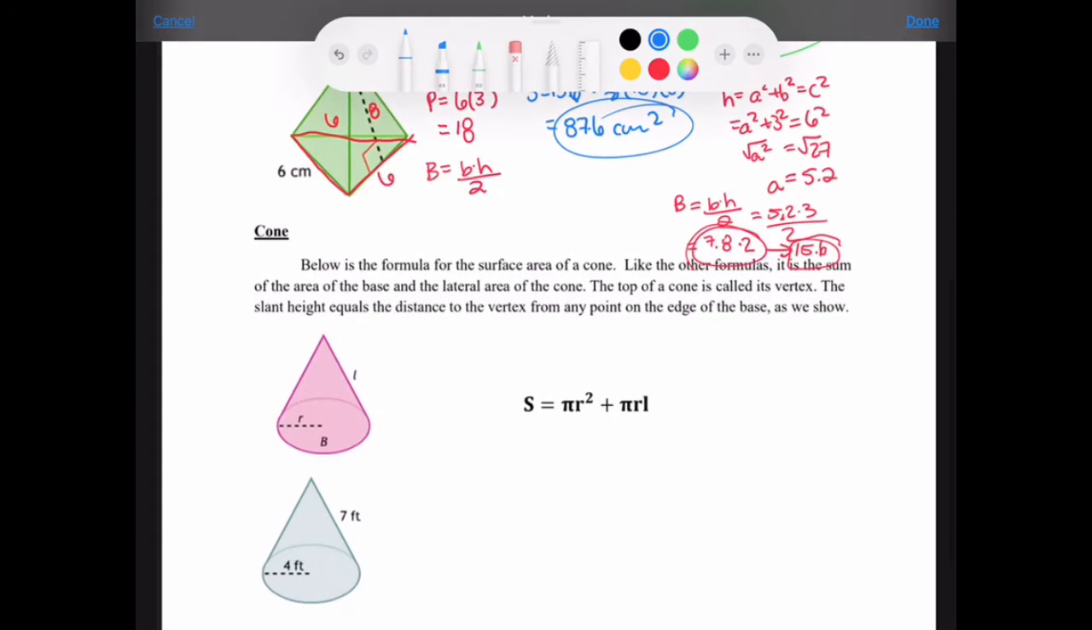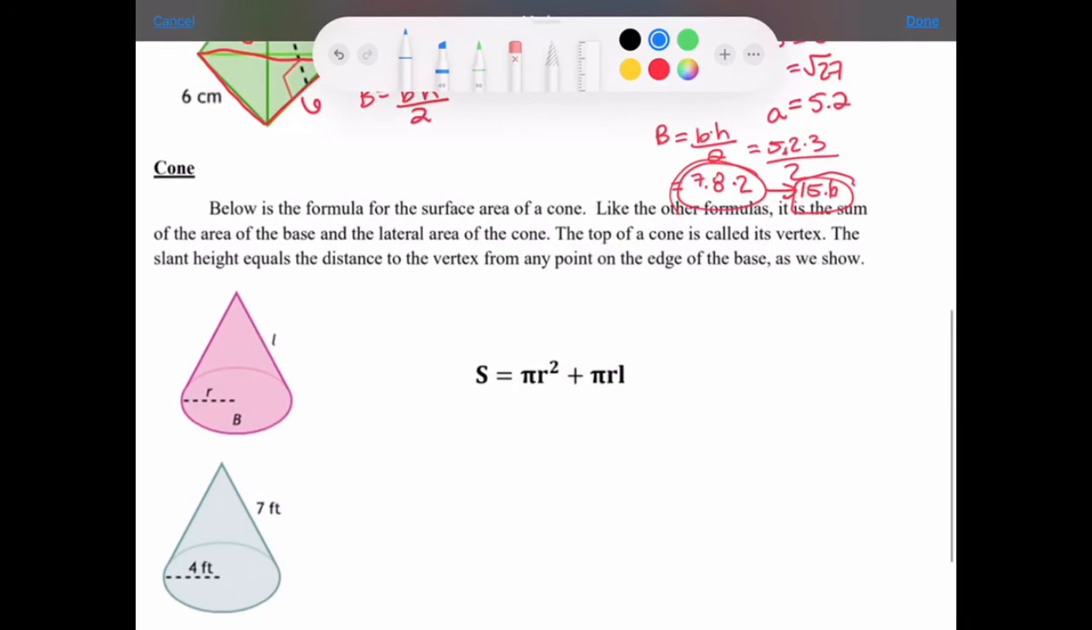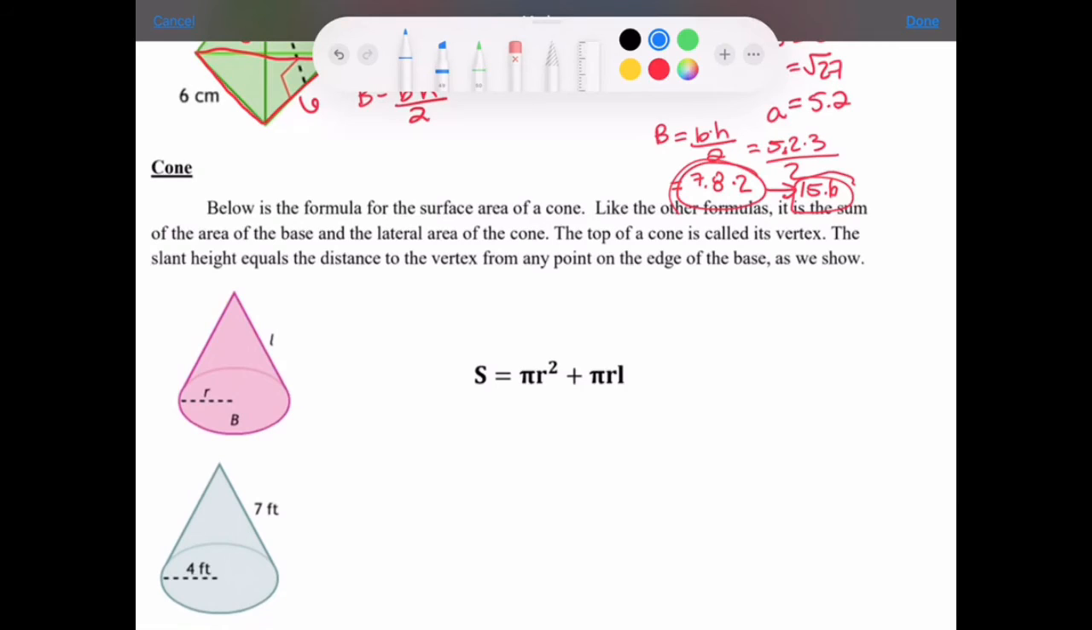So a cone is a little bit different because below we have the formula for the surface area of a cone, and like other formulas, it is the sum of the area of the base and the lateral area. The top of the cone is what we call a vertex. The slant height equals the distance to any point on the edge of the base. So we know that the base is a circle, and when we sort of unwind the